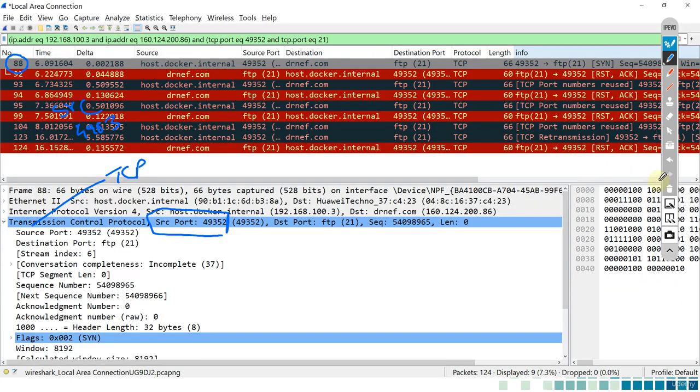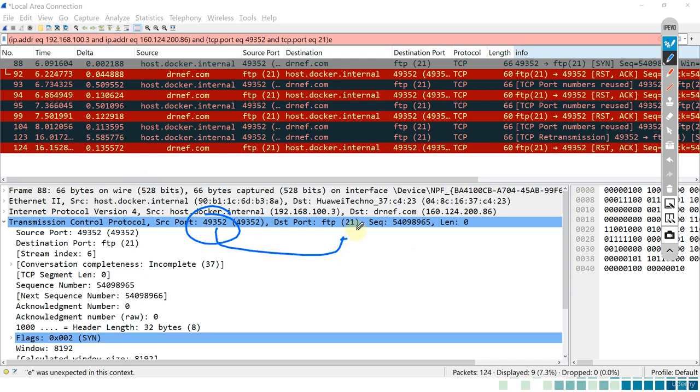Okay, so this is the source port 4953 of my device. It is heading to where? The well-known port of FTP, which is file transfer protocol, of this website which I'm looking for. Okay, so this is the SYN packet. The first packet is